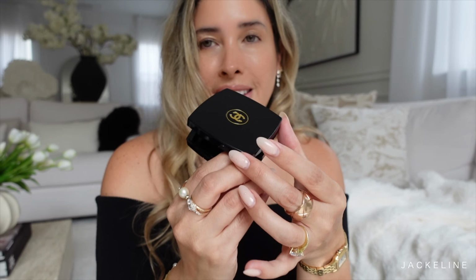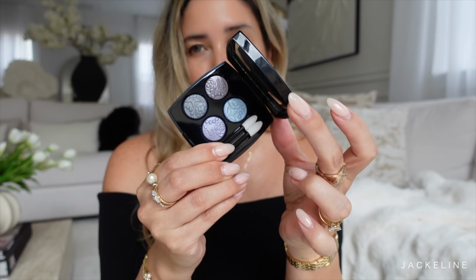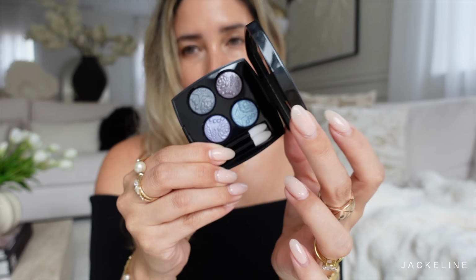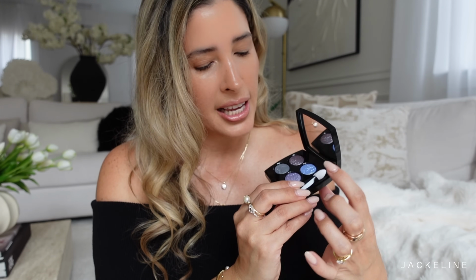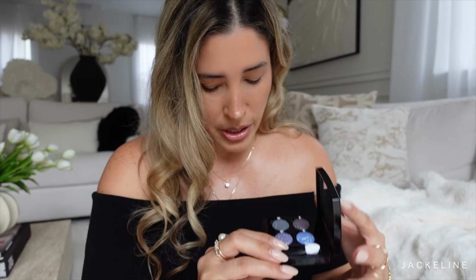It does come with a little velour pouch, 2 little applicators, and now let's take a peek at this beauty. Oh my gosh, this is gorgeous. You have different finishes, from what it seems like sparkly satin shades, one matte shade here. I'm gonna swatch it in just a second. Let me just show you what else I got. That Peche Lumiere